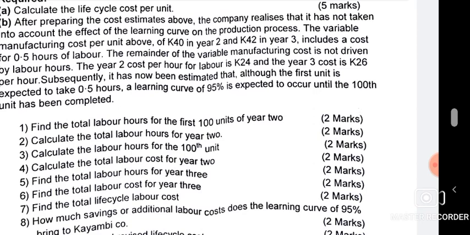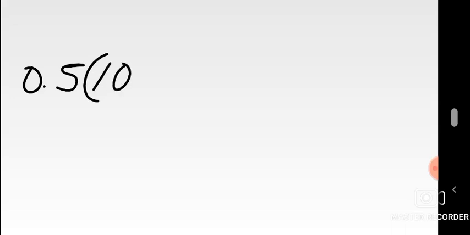Now what about before the learning curve was applied? What would be the labor cost? This is what I want you to show, so that we can see if there's been some saving. So let's find the labor costs without learning curve. We're going to say, okay, the time per unit is 0.5. That's what they just said in general, it's 0.5. Then how many units were made in year 2? It was